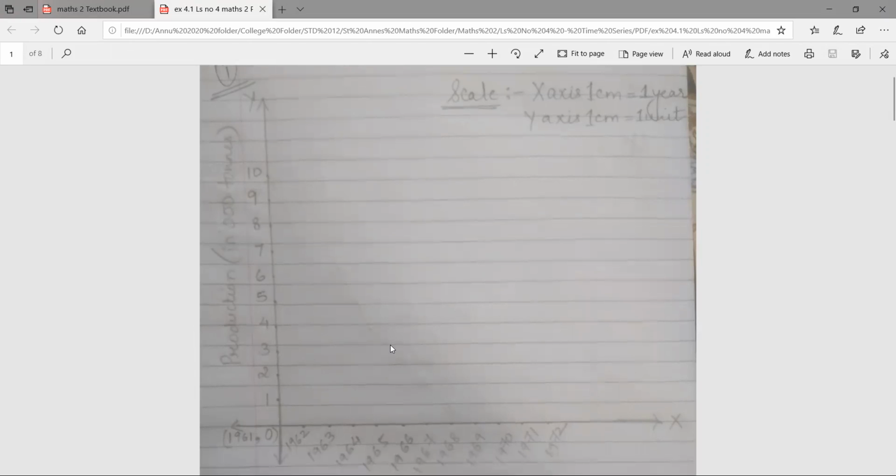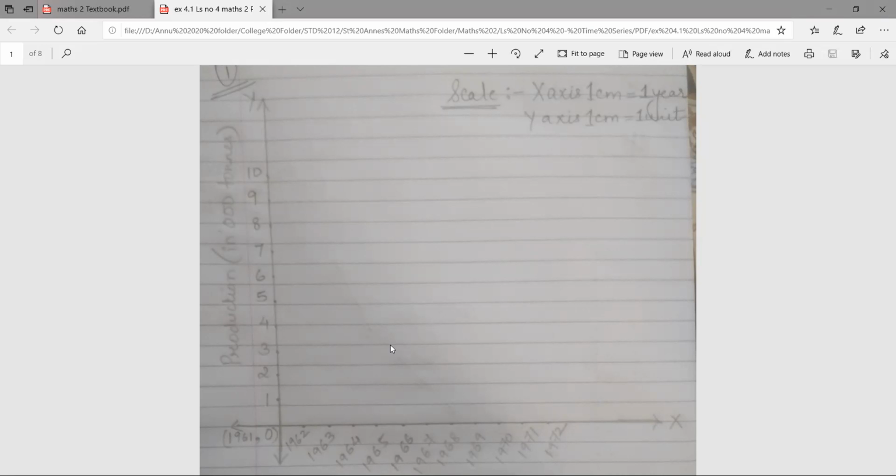Now, class, the graph which I am showing you, I have done on a normal paper. Sometimes in board exams, the graph paper is not available, so it becomes very difficult and time consuming to plot it. If such questions come in your exam, please don't leave them as an option because they are very scoring. If you get graph paper, it really becomes easy because 1 centimeter plotting becomes easier. But if you don't get graph paper, you can still draw the graph near to perfection